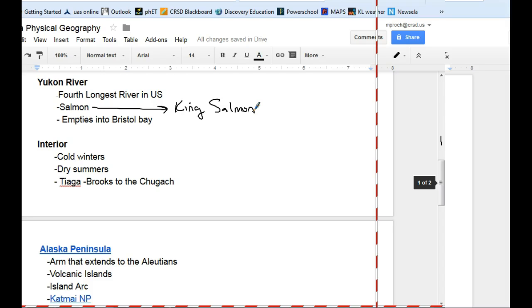But the Yukon River is under much investigation because I don't understand why the king salmon seem to be dying off and the runs are getting less and less, which is a common thing around the world actually. But so much study is going on with the king salmon. If you've ever had king salmon from there, it's a little different. It tastes a little different. When you fry it up, it's really oily compared to this king salmon we get in the Copper River. So a lot of worries about the king salmon run there in the Yukon River, but you know, really important to transportation and many native communities that live along there. And this empties into Bristol Bay, just a huge fishery.